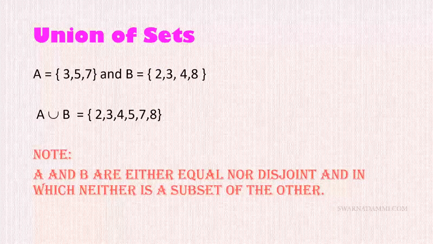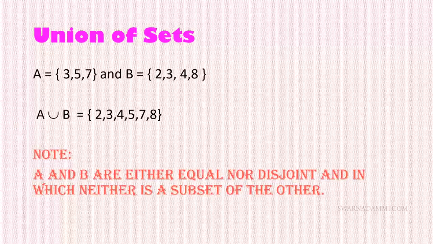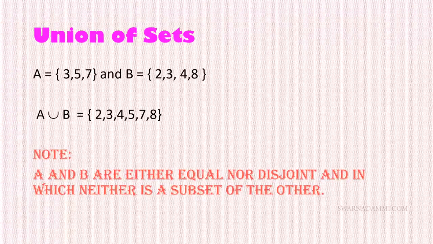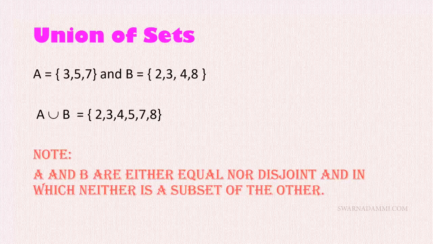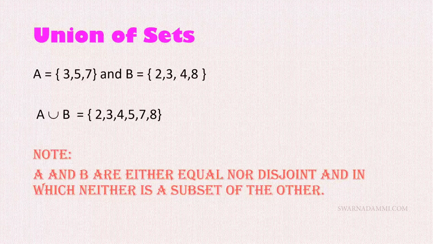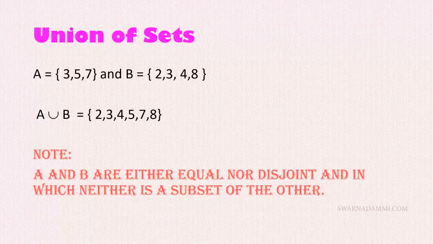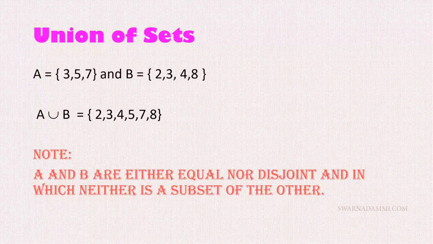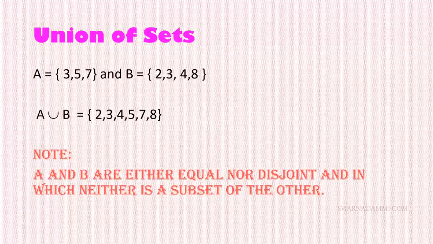Now we'll move to the operations on sets. How do we do mathematical operations? Normally when we add, subtract, multiply, divide or take the square root of some numbers, we are performing mathematical operations, isn't it? But sets are different from numbers. But we can perform mathematical operations on them as well. Here we will discuss 3 principal operations of sets involving union, intersection and complement of sets.